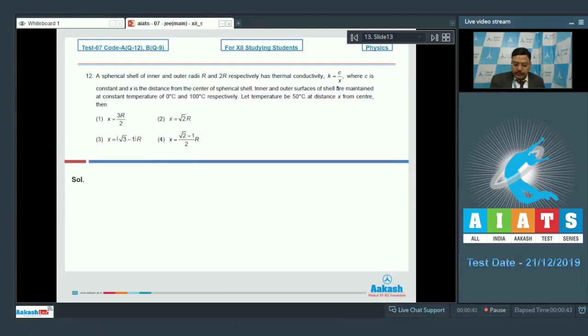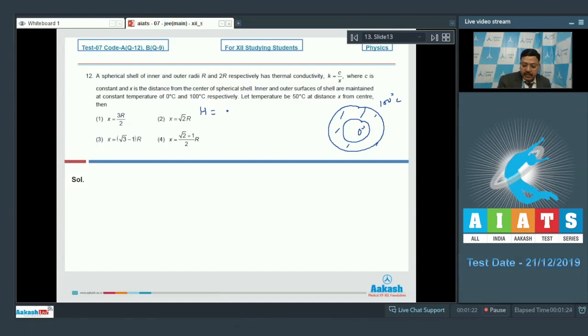So let's say we have the inner and outer radius R and 2R. So this is the shell. The inside temperature is given as 0 degrees C, and here the temperature is 100 degrees C. The rate of heat transfer, of course, the heat transfer will be from outside to inside, and for that we can use H is equal to minus, the minus term will not come because the heat transfer is happening from outside to inside,